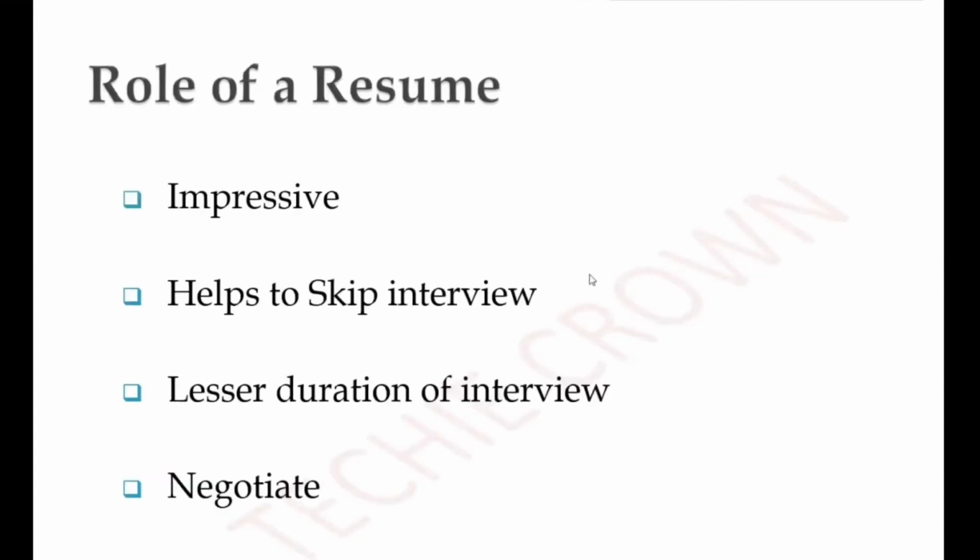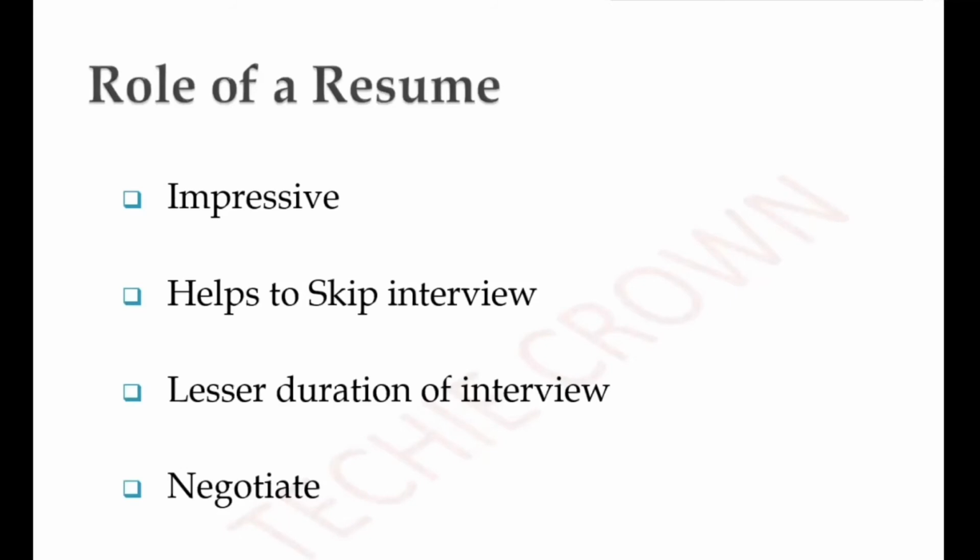Then next comes the role of your resume. Once your resume is complete, it may create a good impression for an interviewer and it may lead to skipping the interview based on the urgency of the position. In some cases, based on the information provided in the resume, the length of the interview may be very short. For example, I have encountered many cases where I go through the resume thoroughly even before the interview, and if there is a positive sign, then I may reduce the number of questions in the interview and then directly hire them. So always make sure you furnish all the necessary and relevant information along with the project,